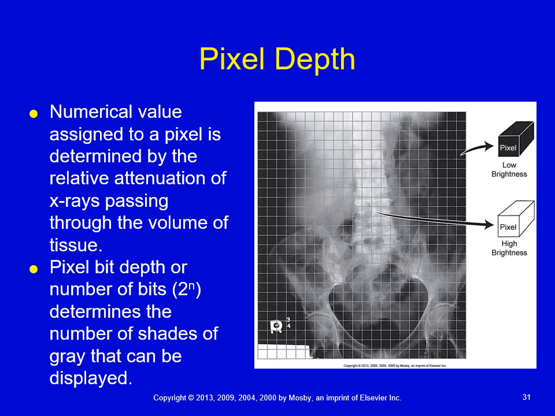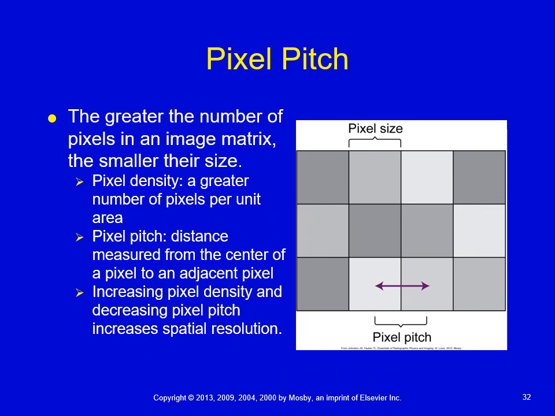So that's kind of the concept you need to think about when we're talking about pixel depth and bit depth. With that being said, the more bits that are available, the more possible shades of gray are available for assignment to these pixels. All right, so now we're moving on to another term that you'll see in digital imaging,